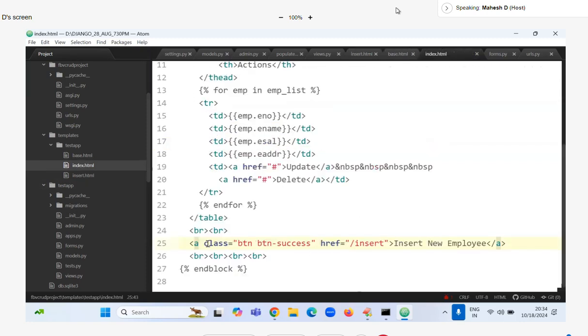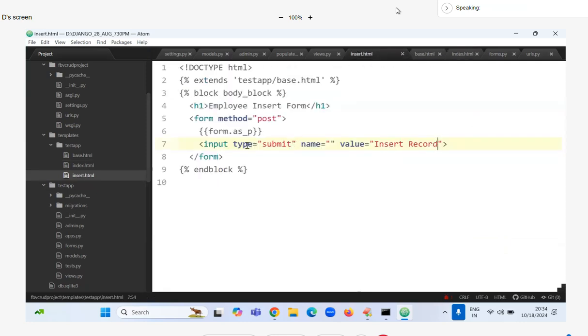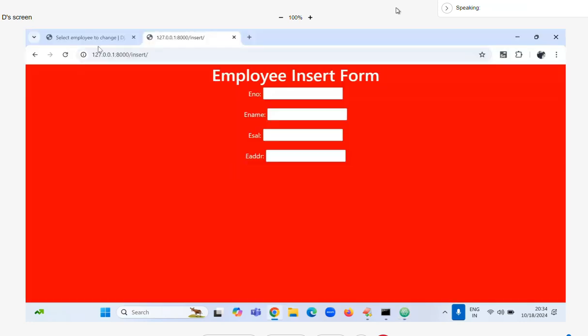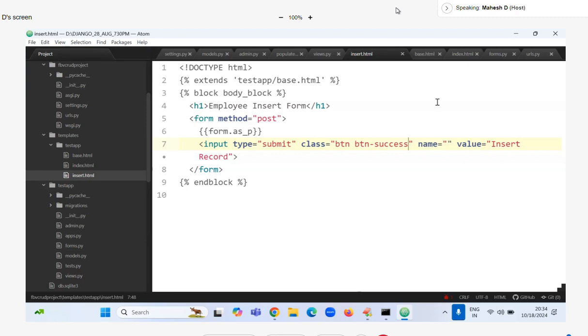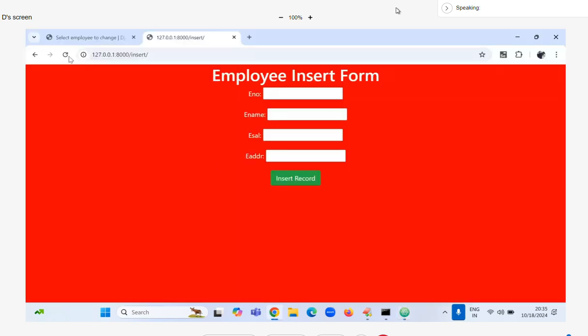In index we have to take the button. Copy this. Type name, button, btn. Now insert the employee record: 101, employee name Sunny, employee salary 12,000, employee address Mumbai. Once you click on insert record